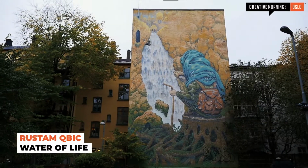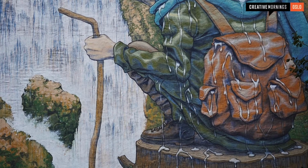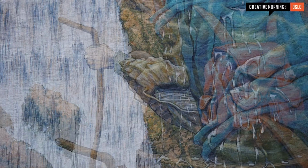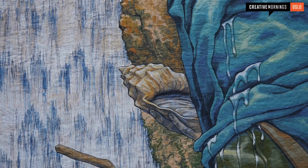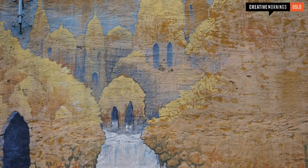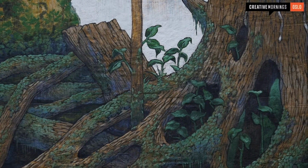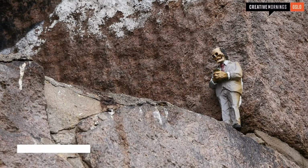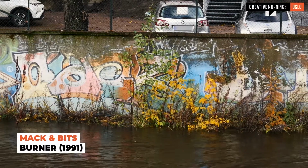Tøyen's an obvious starting place because we have a lot of large-scale murals in this area, but we actually end along the river, and we really try and reflect the spectrum of street art. A lot of people think street art is just large-scale murals, but it's everything from small stencils and paste-ups to stickers. And along the river there's actually a really famous piece of graffiti painted in 1991, so it's almost 30 years old,